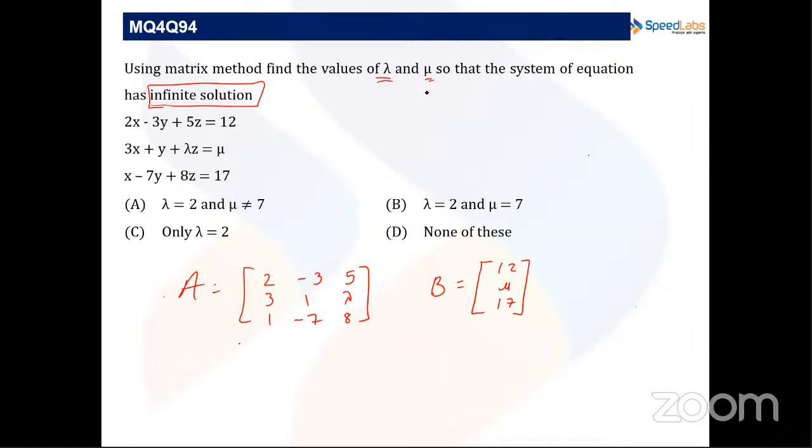Let me tell you how to do it by Cramer's rule. So first of all, we are having infinite solutions. So the determinant value of A should be equal to 0. That is, the determinant [2, -3, 5; 3, 1, lambda; 1, -7, 8] should be 0. So from here what we will get is